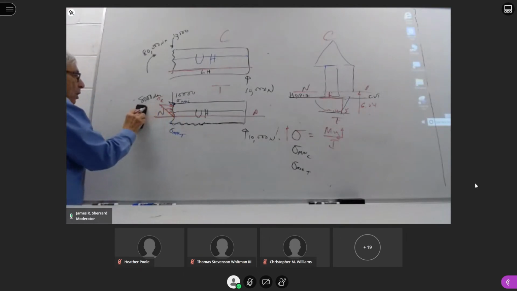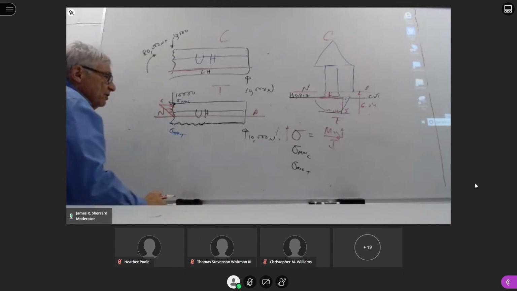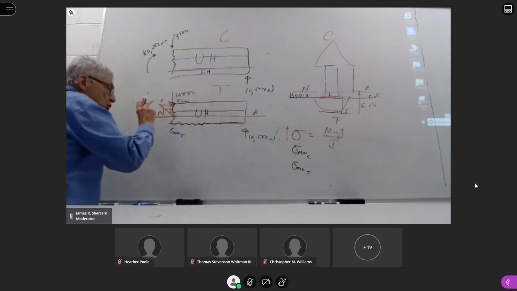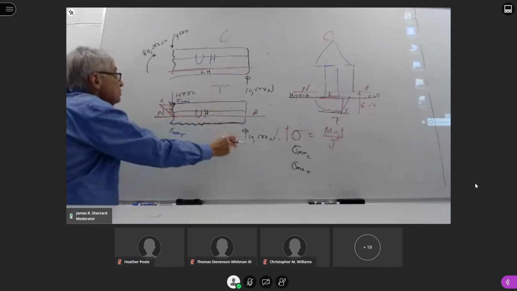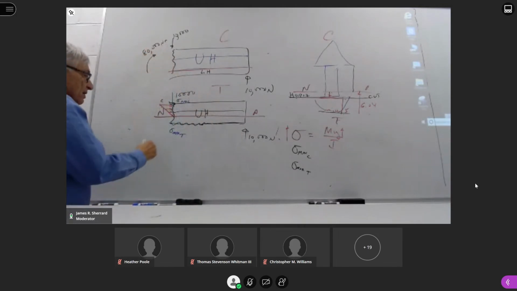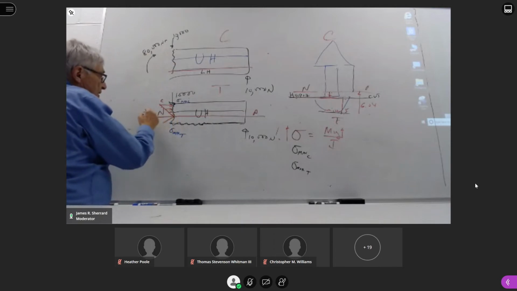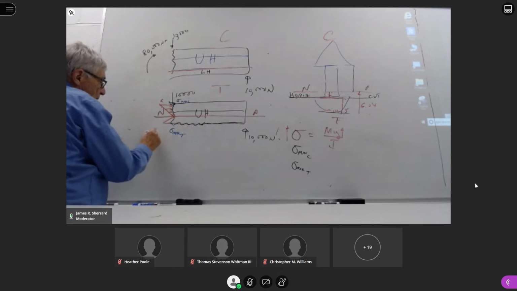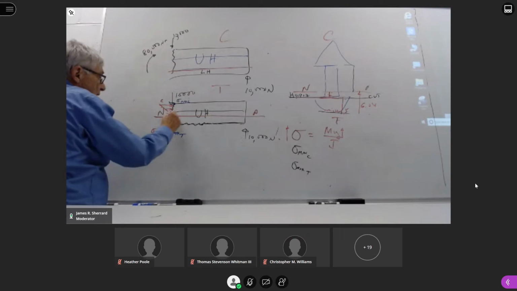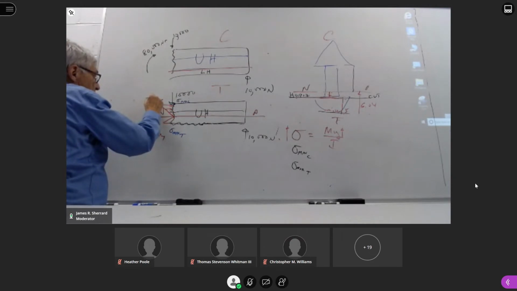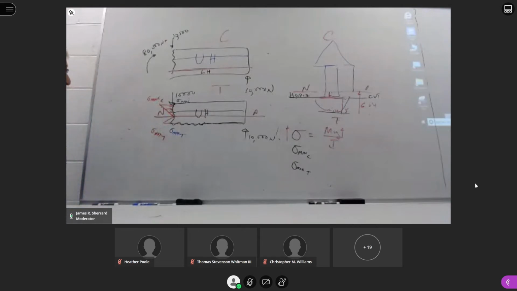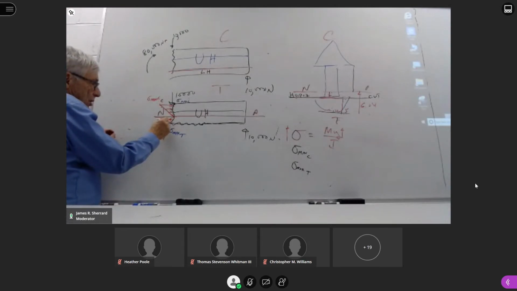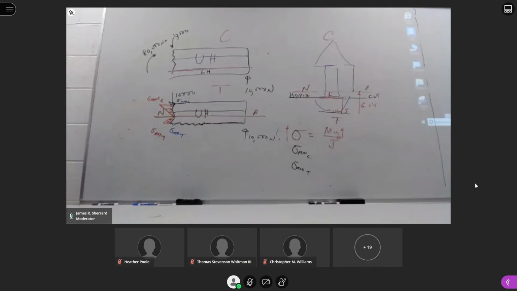So I could take away my moment and now make a free body diagram of forces versus stresses rather than forces versus moment. Therefore, down here, this would go down to sigma max tension. This would go up here, sigma max compression. And in this case, this would have to go in this direction to denote plus. So if I found out what this value was, and we know this value from before was